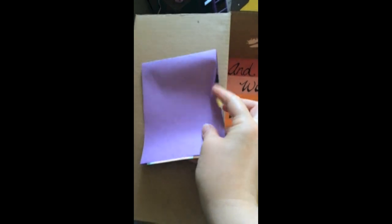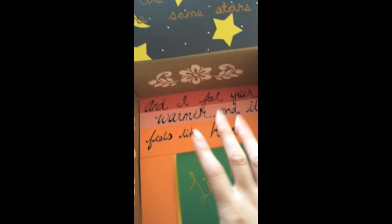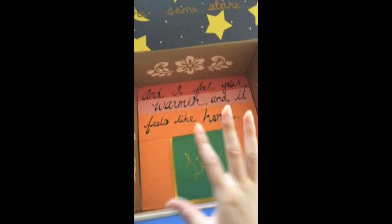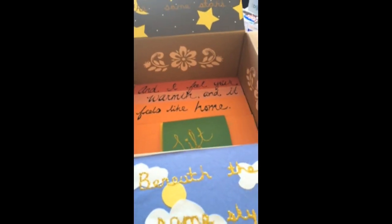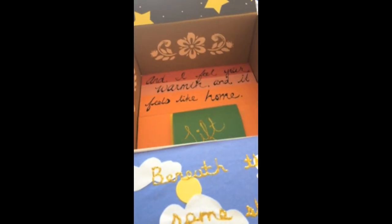So I'm going to put this one on the other side so that he can feel like he's there with me, right? And then on this part I put a handprint of my hand so he can just feel like I was all up in this box, right? So I don't know how easily I can get this packed together, but I'm going to continue finishing this, filling the box, and then I will start,